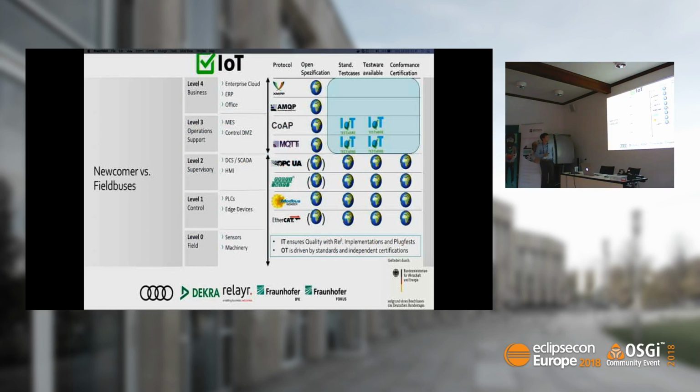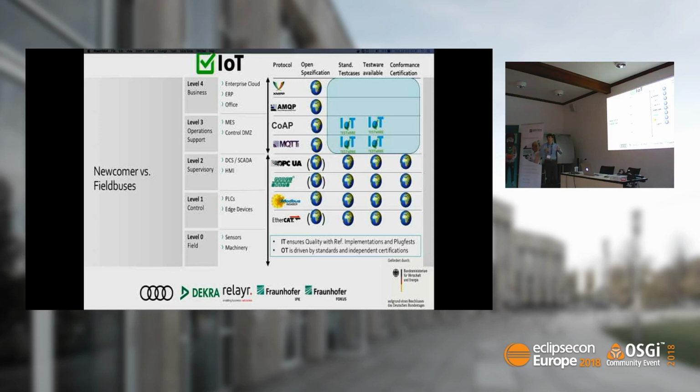The same thing you can see here in a more industrial view. We have the automation pyramid, where all the traditional protocols provide standardized test cases, testware, certification and so on.